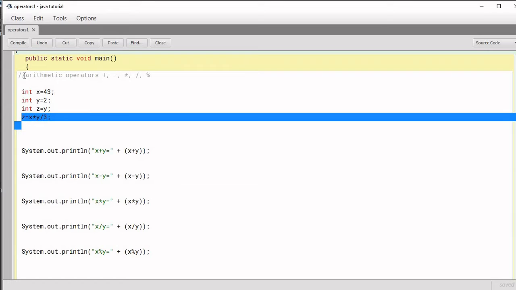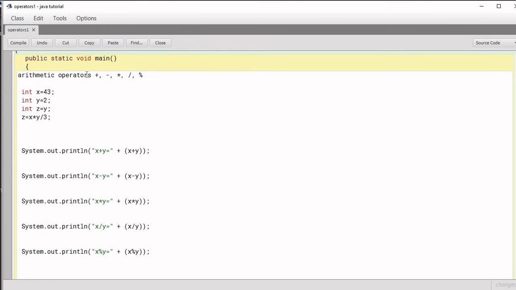If we talk about the arithmetic operators that we have just learned, then multiplication, division and mod division have higher priority as compared to plus and minus. Suppose you write x plus y divided by 3, then y divided by 3 will be evaluated first and then the result will be added to x.